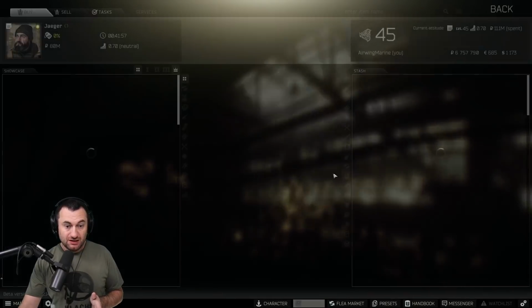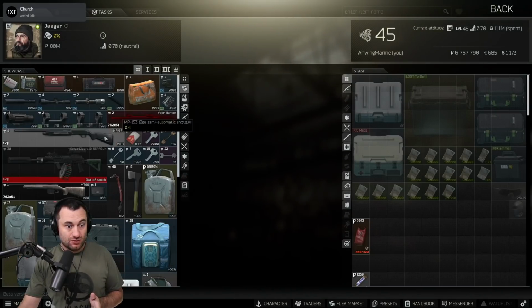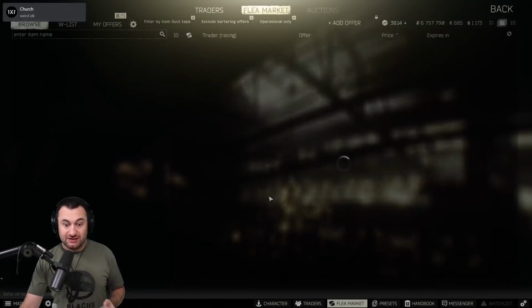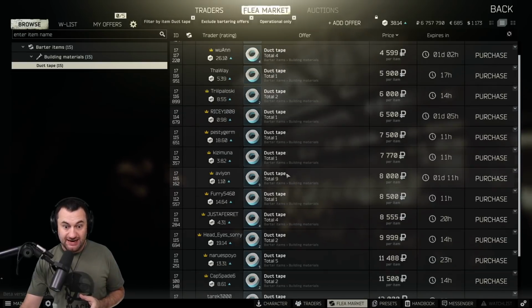Oops, went to the wrong guy. Let me go grab Jaeger here, and we'll go look at the sick case barter. So you need 15 of these things for the sick case barter. So when you're selling these and you sell them in a big stack of like 9, people are going to